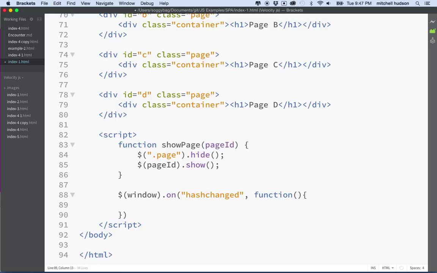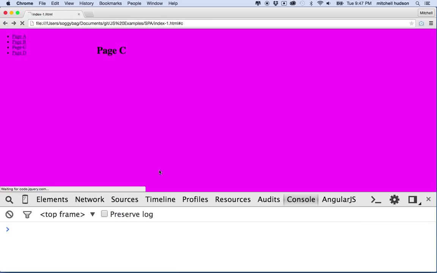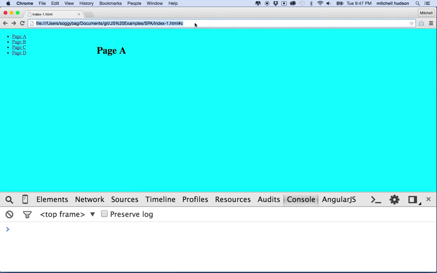And let's test it out, right? So we'll say console.log, and then we'll say hash changed. Okay, so we'll refresh this. Right, so there's my page. Now all the pages are visible, right? And when I click on this, you can see,